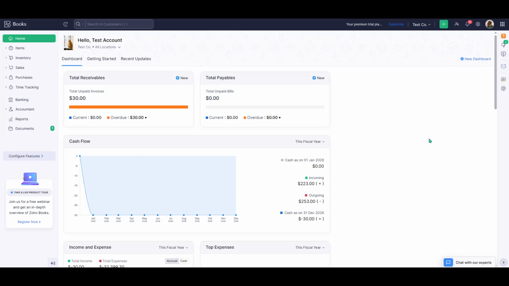In today's video, I'm going to teach you how to set up Stripe from Zoho Books. By the end, you'll have Stripe connected so you can accept secure online payments on your Zoho Books invoices with just a few clicks. Before we start, make sure you're signed in to Zoho Books with the right organization selected